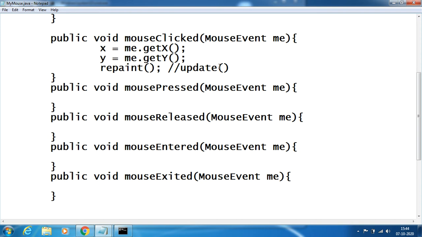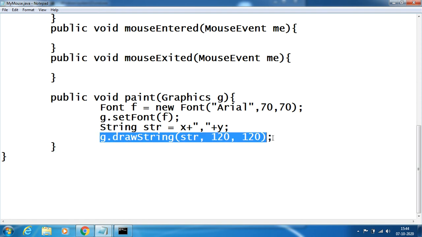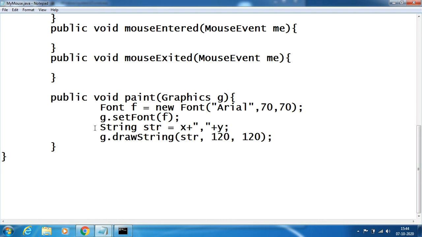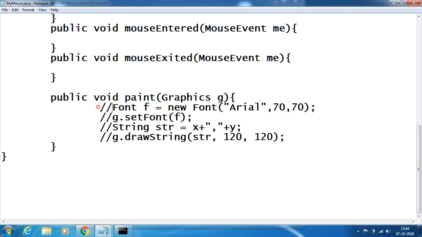Say what I do is that I won't print the mouse coordinates value. I want to draw a rectangle. I just keep a comment here, and even keep a comment here and here.